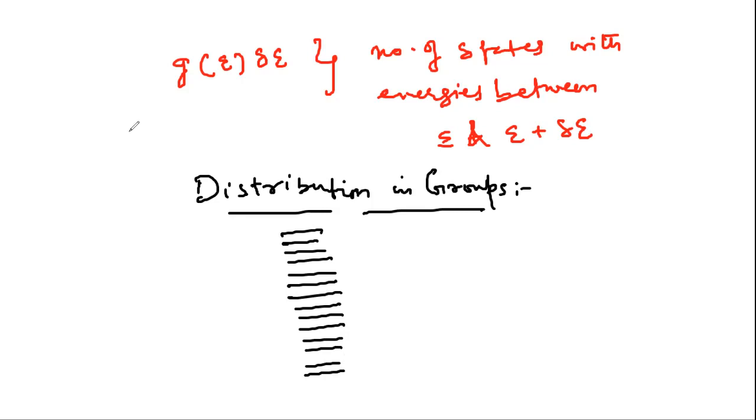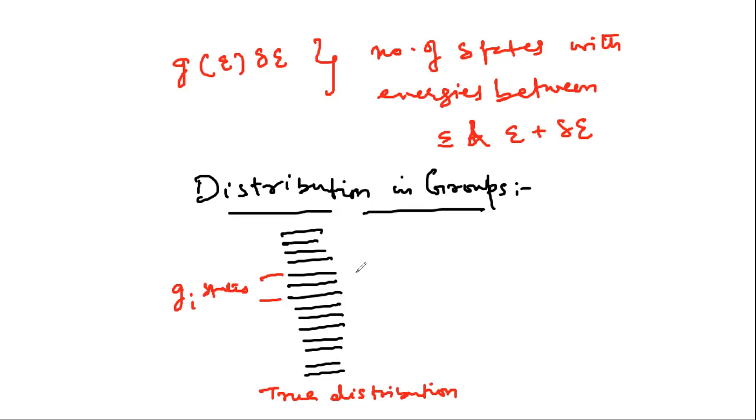Use another color. Suppose this is my true distribution of the states. So what do we do? We group some states like this. Let the number of states in this group be Gi. So I group Gi states